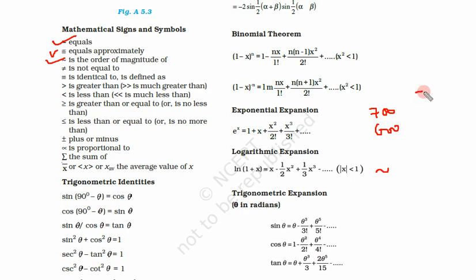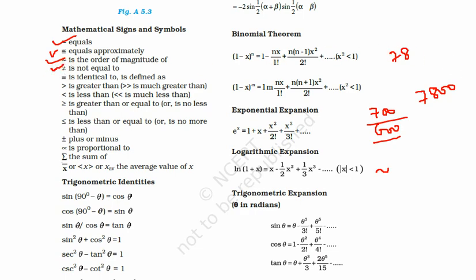But if I say 7800, it is definitely much bigger than this. So this is not of the same order. Or if I say 78, it is definitely about 10 times smaller. So two quantities which are within approximately 10 times of each other, less than 10 times, then we say they are of the same order. So these are not equal, not approximately equal, but of the same order.